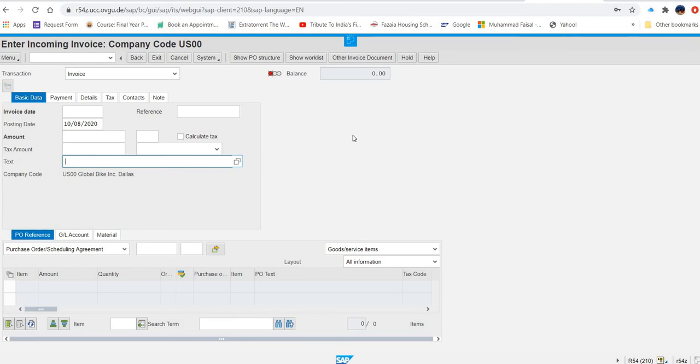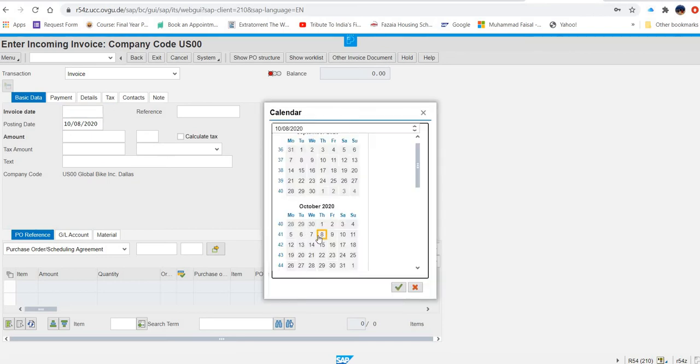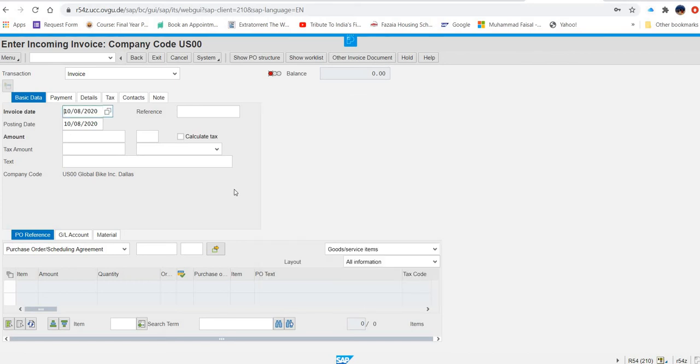Now at this stage, what you have to enter? You have to make sure to enter today's date. Where? In the invoice date. Yes, in the invoice date, today's date. Posting date is also today's date, I think.